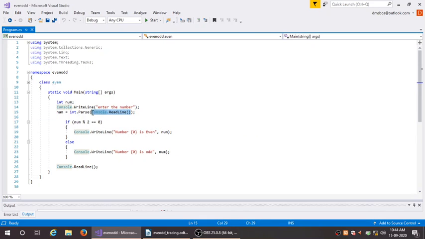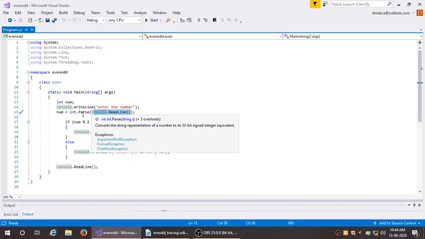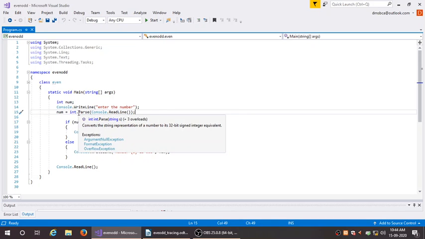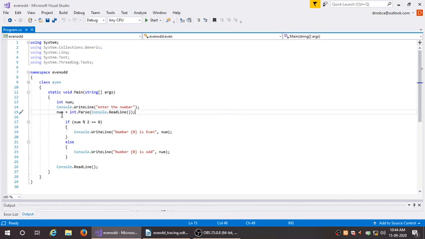Console.ReadLine simply reads the input value from the console and it is converted into an integer and stored in num. In C#, any value entered on the console is by default considered a string, so here we convert it into an integer and store it in num.